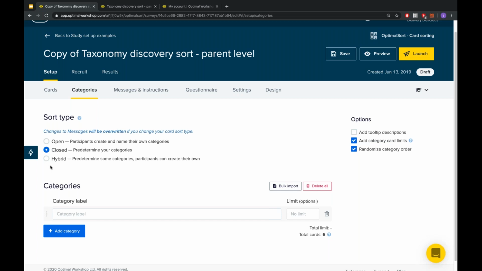Now, hybrid card sorting moves on the scale of generative to validation. You get to predetermine some categories, but participants can also create their own as well. And it's going to be closer to exploration if you've only got 1 or 2 categories.